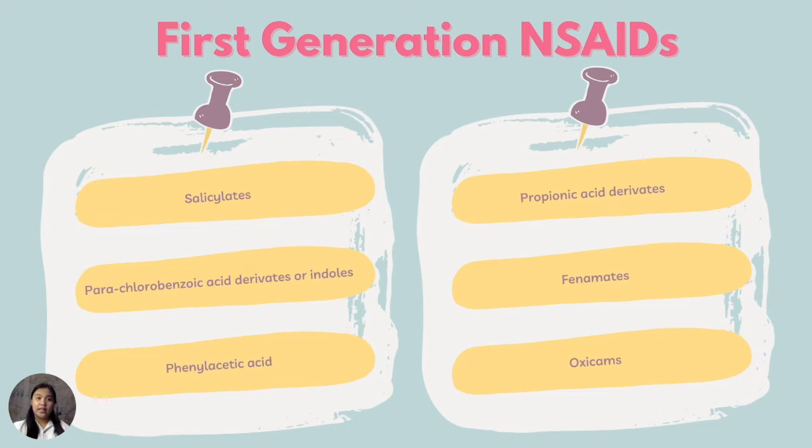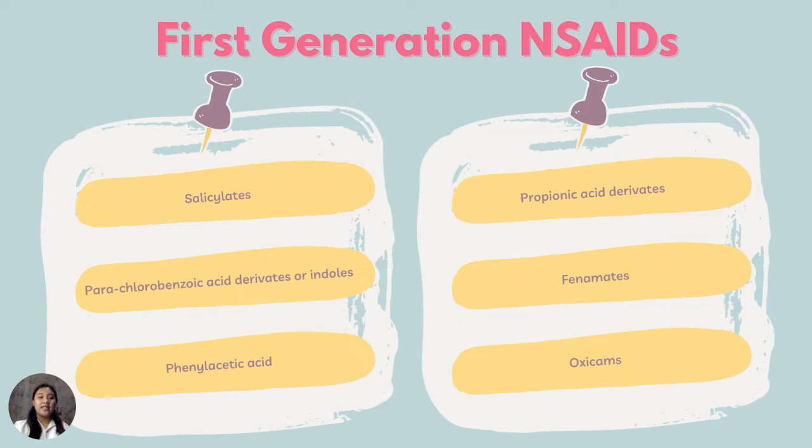So our NSAIDs are divided into 7 categories. And the 7 categories are also divided into 2 generations. The basis for the division of generation is the inhibition of the COX enzyme. I will explain further. So let's begin with the first generation NSAIDs, which contains 6